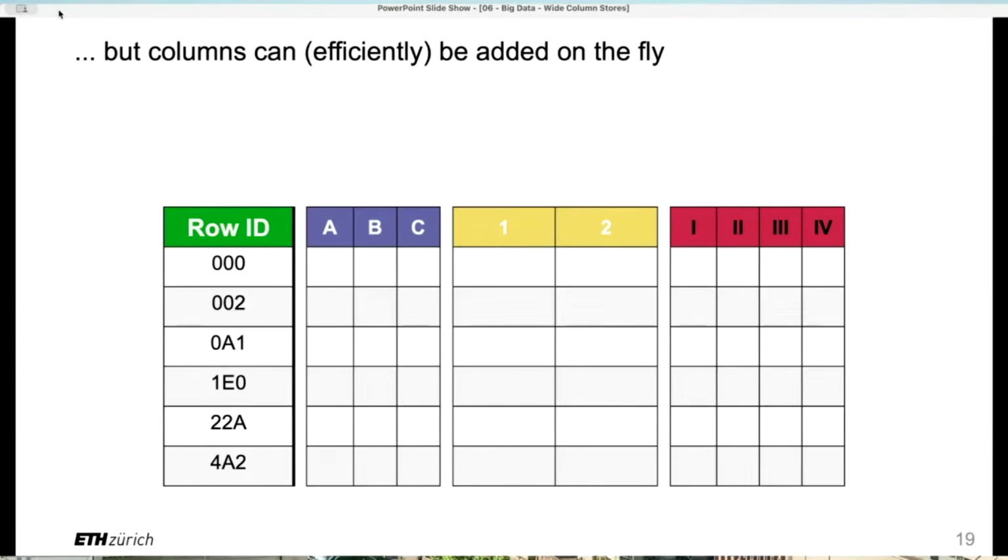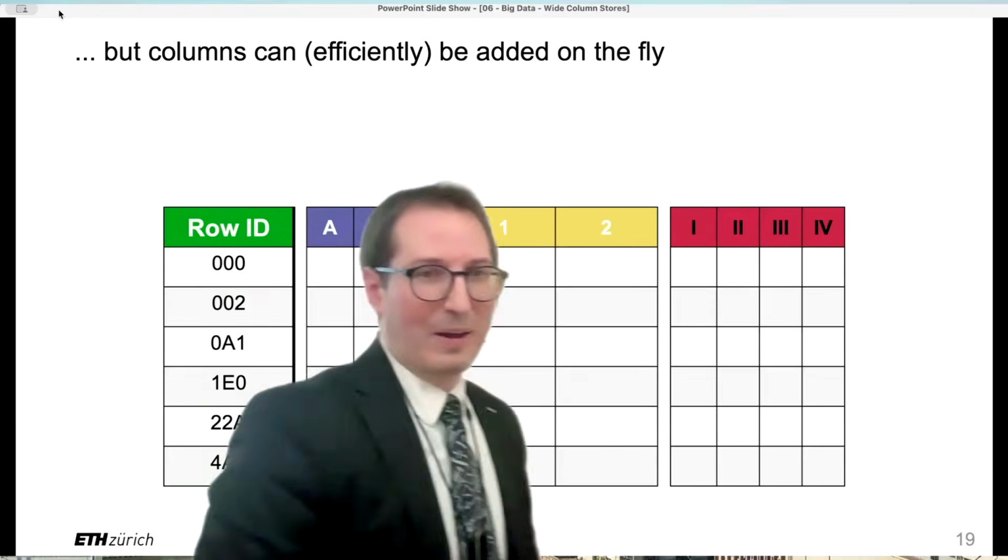And by the way, I could add that if you have column storage, then adding a new column is also easier to do because you just need to write a new zone with the new column and that's it, right? All the other columns stay where they are, right? Who sees that as well, right? All right, so that's the benefit of column storage. And I'm starting with that because this idea of accessing only the data you need from the disk to accelerate the query is something we'll see again and again and again. That's called the push down. We push down a projection basically to only read the data we need. But back to where we were,